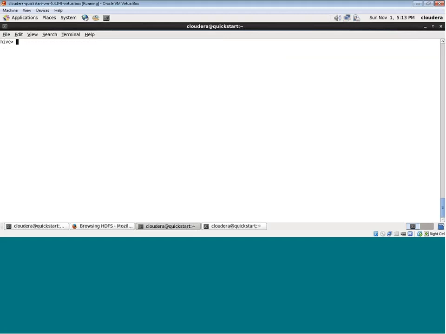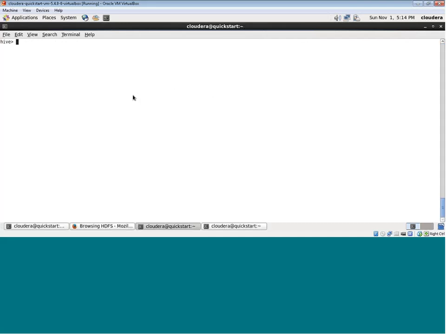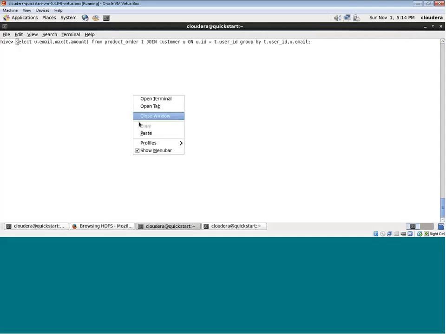Here, important point is, let's say you want to get the data out of the Hive and store it in local file system. That means the output of the query, you want to export it into the local file system. So you can do that based on, there is a keyword called insert overwrite directory. Okay. So what you can do is here,